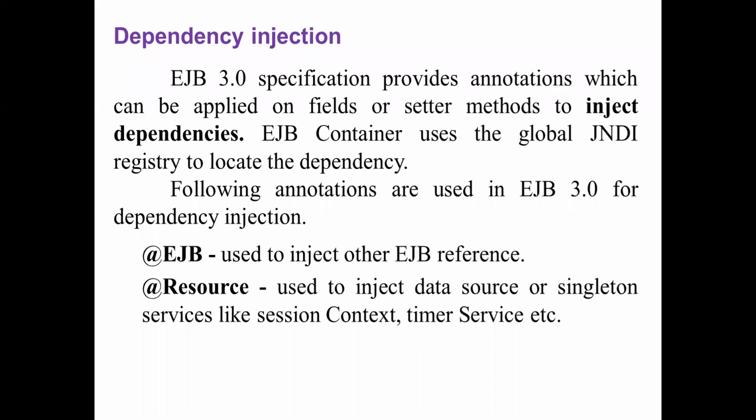Okay, good morning, students. Today we can start with dependency injection. It is under the specification of EJB. This dependency injection is one type of annotation. We are using EJB version 3.0. When you go for the EJB 3.0 specification, they provide some annotations which can be applied on a field or a method, that is, a setter method or a getter method, to inject the dependency. So this we can call a dependency injection.